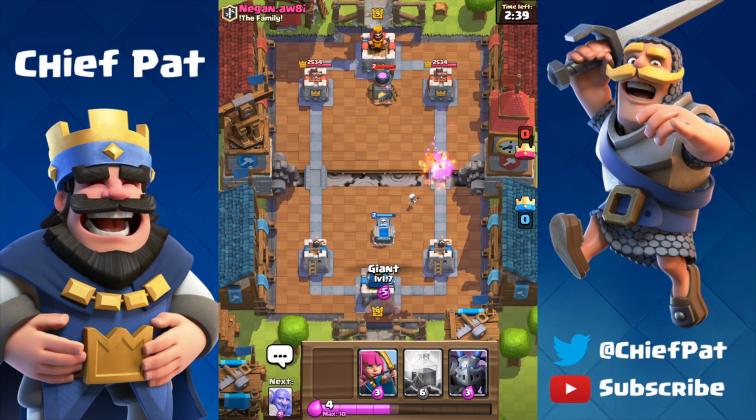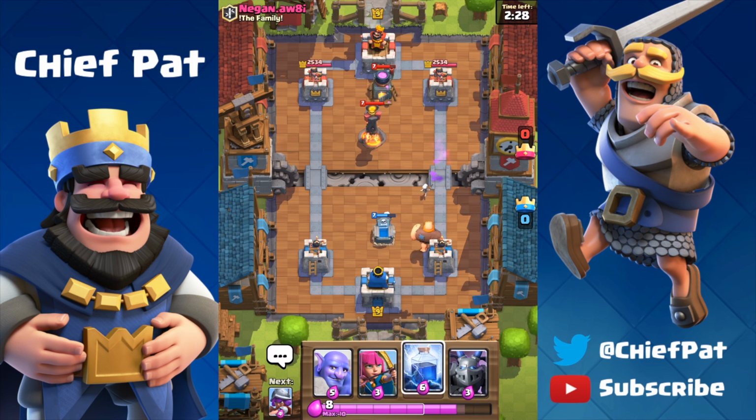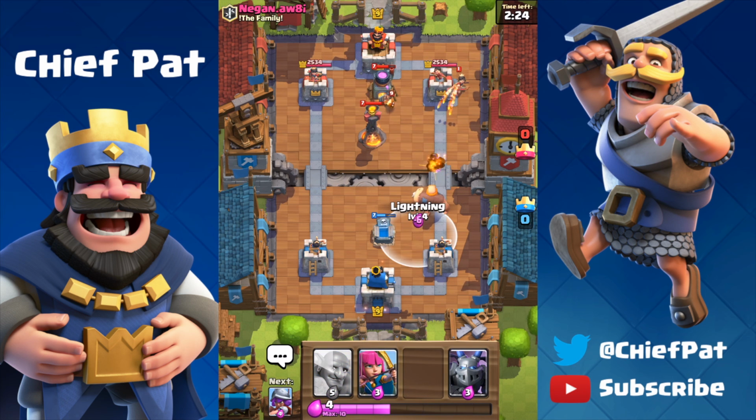Now, the Tombstone is a great counter to the Furnace, but keep in mind the Furnace does have a longer lifespan, so it doesn't exactly counter it perfectly. The Tombstone will die out and let a couple of those Fire Spirits make their way to your lane, and it's only a 1 elixir difference, so I don't know how I feel about a Tombstone against a Furnace. However, it is a decent play, and as...